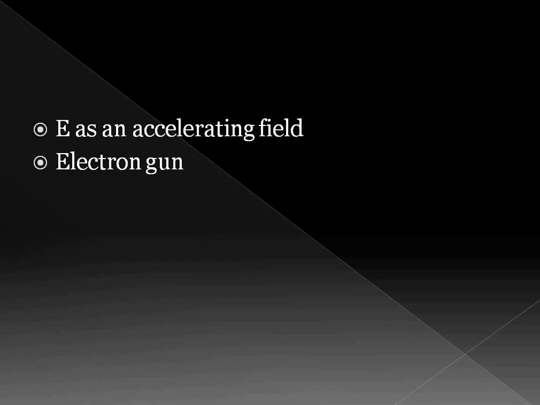Because this accelerating anode attracts the electrons, after that it is moving. It was widely used in computer and television monitors until flat screen displays replaced them. Now we are using flat screen displays, and before that we were using these electron guns in computer screens and TV monitors. It can be used to ionize particles by adding electrons to them or by removing electrons from the atom.